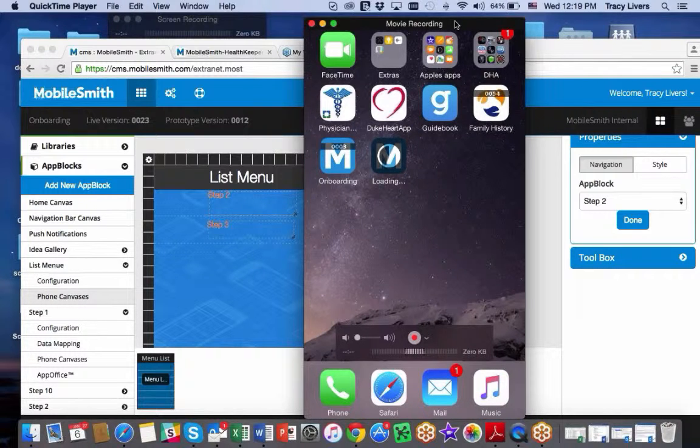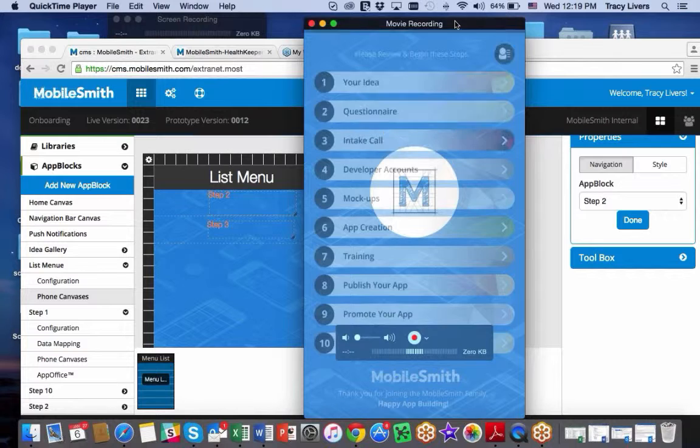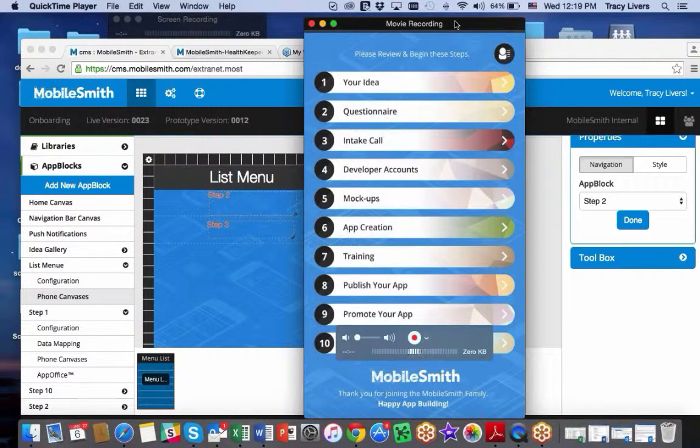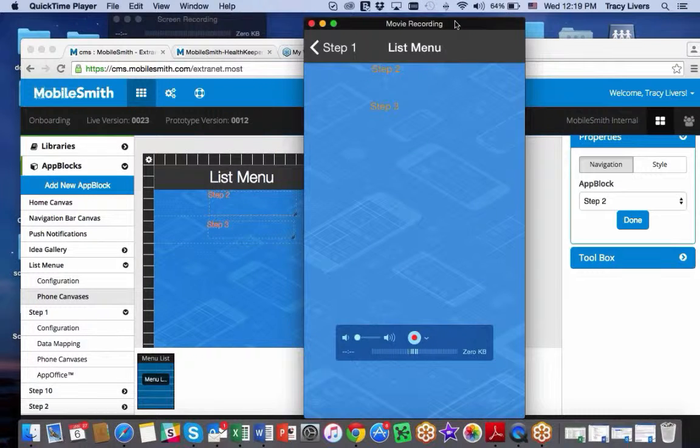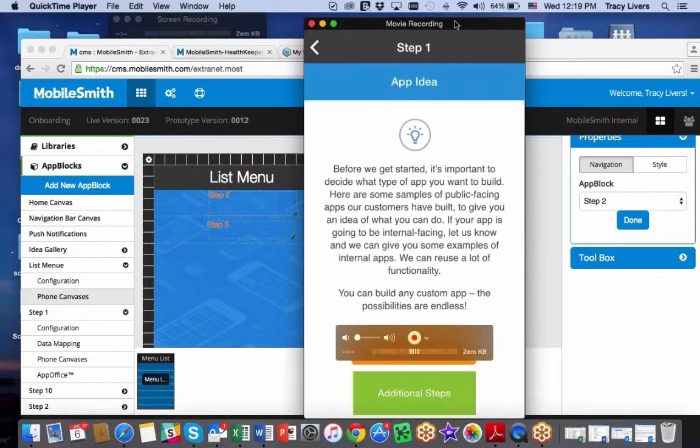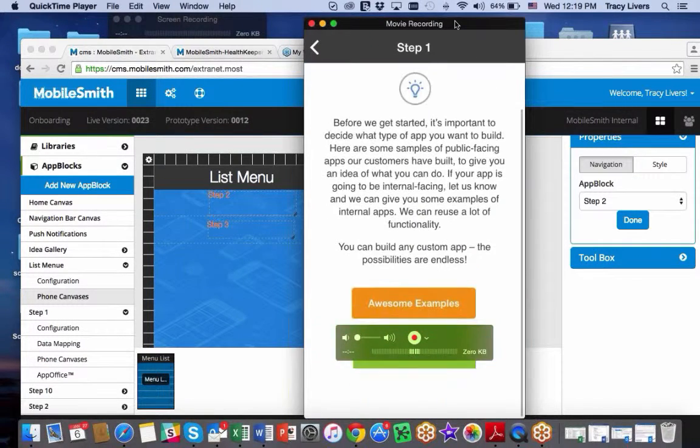Okay. So one of the questions is how am I displaying my phone on the screen? I'm using the QuickTime Recorder application on my Mac that is allowing me to display my phone. You just go through it and set it up to display your phone like you're going to do a new movie recording. On this latest build that came in, you'll see that I am able to get to the additional steps here